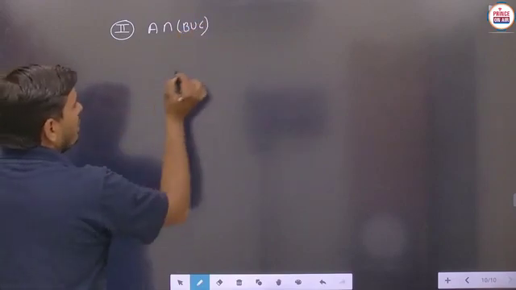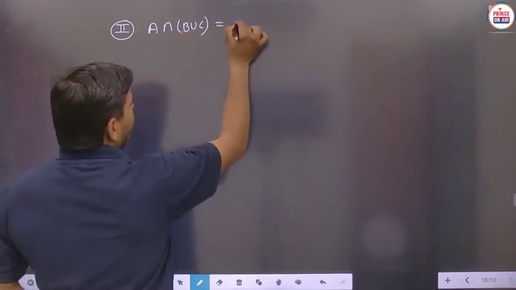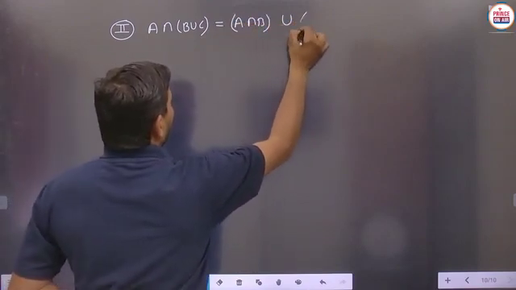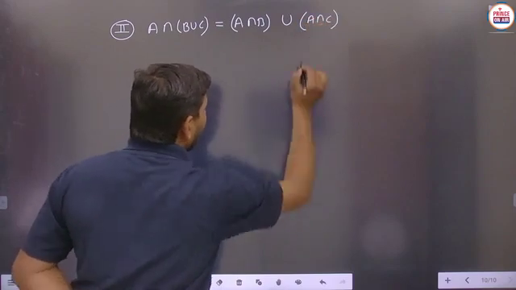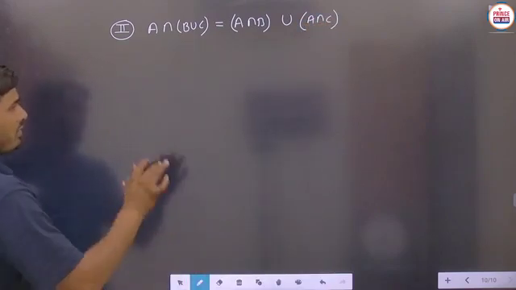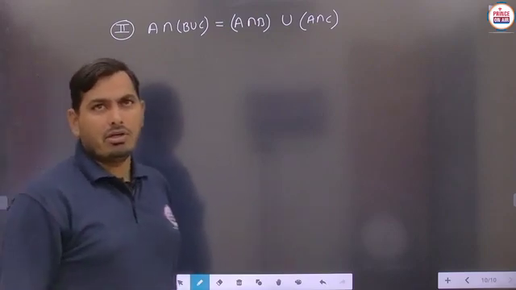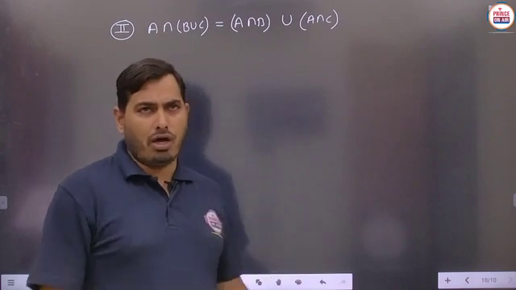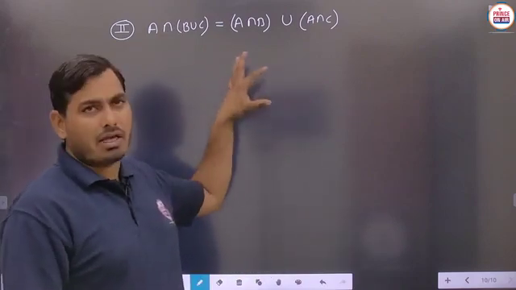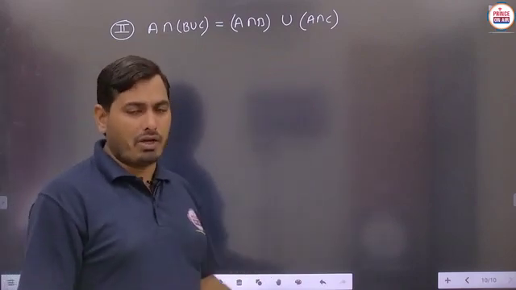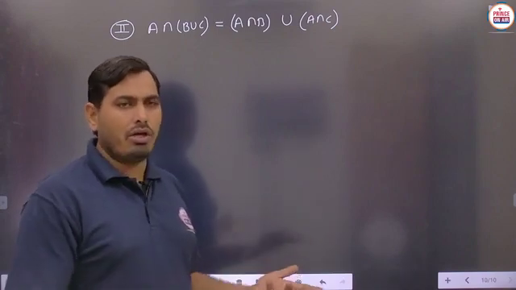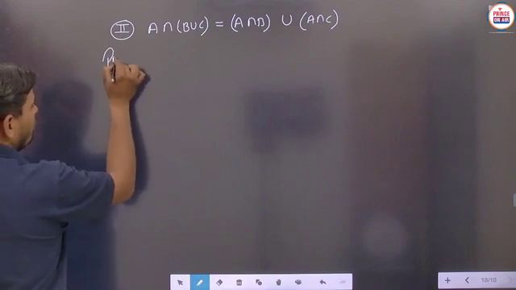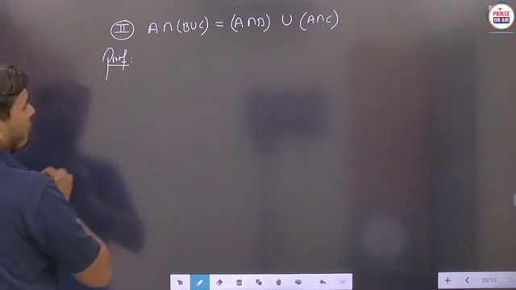Is it to be clear? Now student, this part will be declared as A intersection B union A intersection C. Now we will verify this statement with the help of Venn diagram, so that the practice of Venn diagram is to be there, and you can do the proper exercise of making the Venn diagram of any of the given operations like union or intersection. Is it to be clear? So we just have to prove this with the help of Venn diagram.